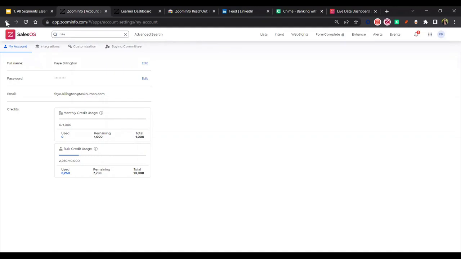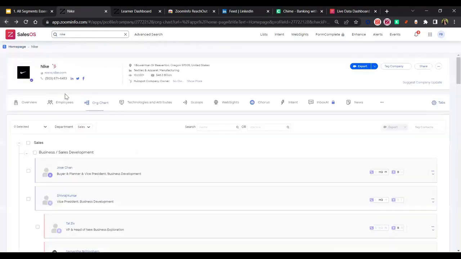Now, team, going back over to Nike and some of those contacts, let's say we found some of those personas that we're interested in, but we're not ready to export. We don't want to overwhelm our CRM. What we can do is select those 2 individuals. And from here on the far right-hand side, instead of clicking that blue export button, we can go ahead and